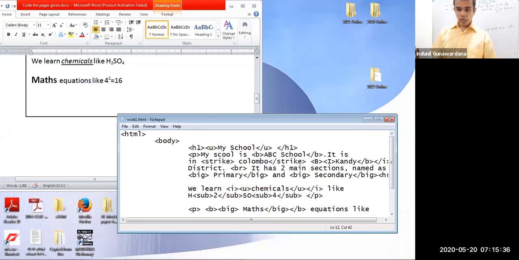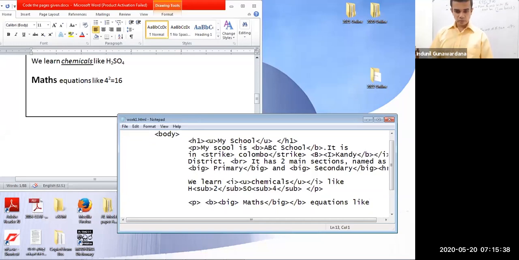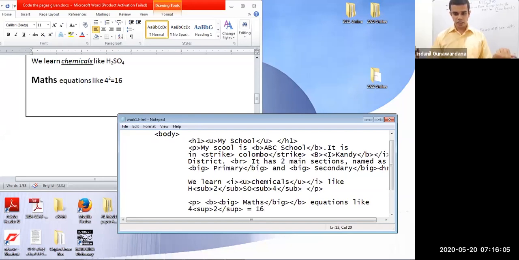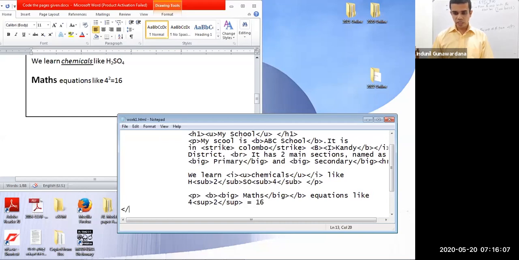they are ordinary. Then 4 squared. I'll go to the next line. 4 is okay. Squared is sub or sup. Superscript. Then 2. Then superscript is over. The equal sign is normal text, not a superscript. So I have to close this superscript. Close sup. Then I write equal. Now 16. That's ordinary. No need to have anything else. Then from that point I can finish that paragraph.